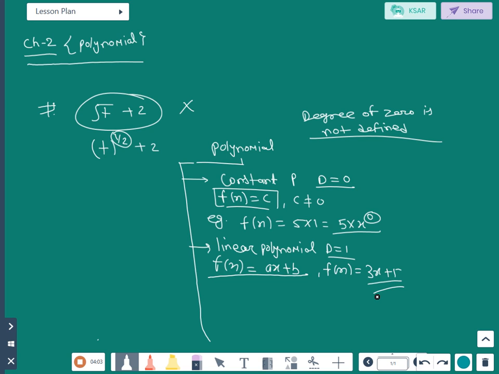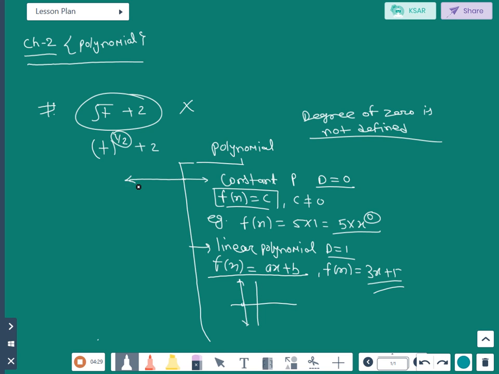Now what is the graphical form of a linear polynomial? That is a line, either in one variable, we discuss. So the line is either parallel to x axis or parallel to y axis. Suppose इसी का graphical representation करेंगे. So what is the x value? -5/3. That is parallel to y. Next,